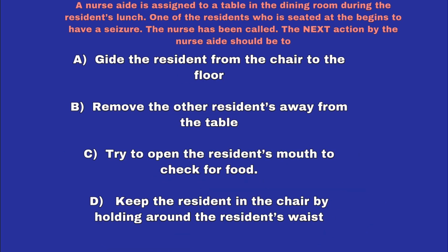Question 7. A nurse aide is assigned to a table in the dining room during the resident's lunch. One of the residents who is seated, and this is a human error, I meant to say it begins, not at the beginning. So one of the residents who is seated begins to have a seizure. The nurse aide has been called. The next action by the nurse aide should be, is it A,